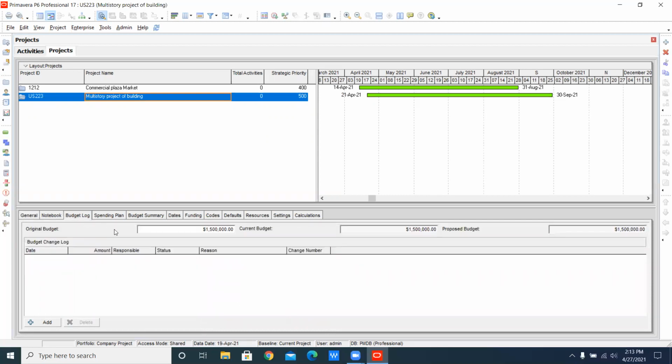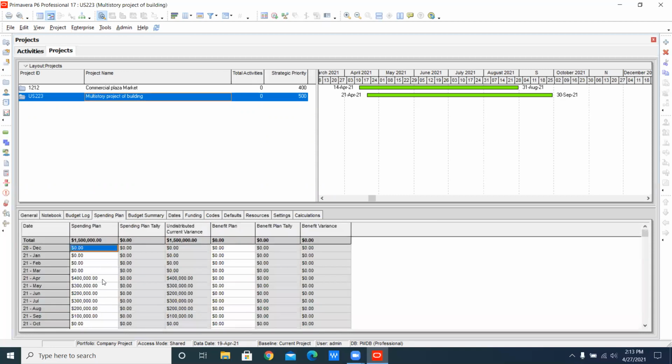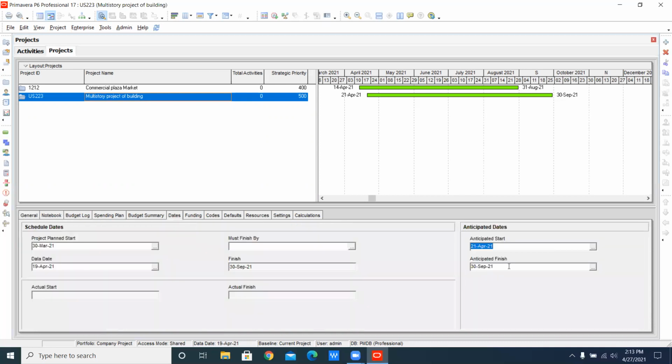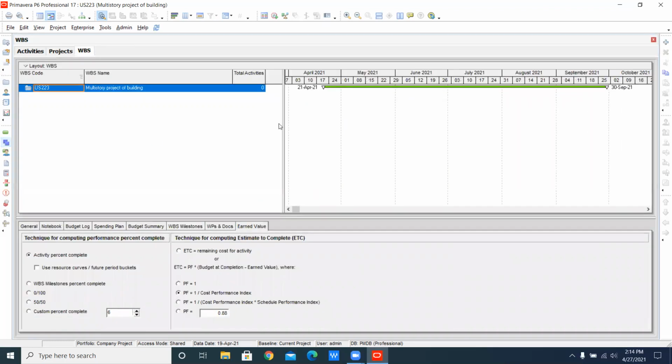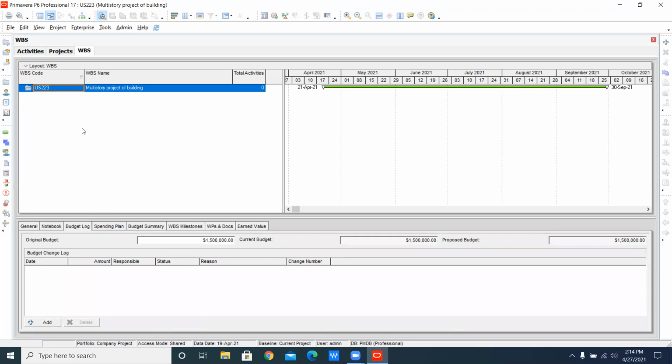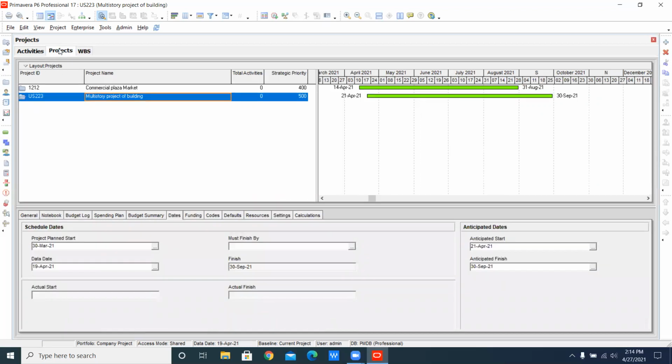Can you see? Nothing has changed. The budget I have given, the distribution, and the dates were all already the same. There is no change in the project; it is only the term of the project portfolio, to make your task easy. Now I can work on the WBS if I want, because it is my portfolio. This is just for my ease.